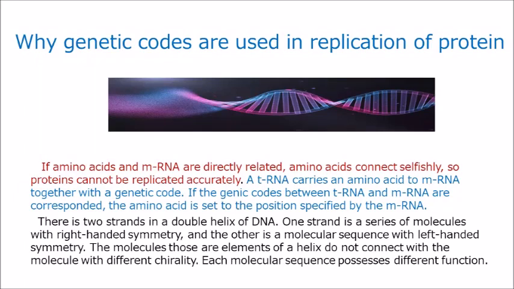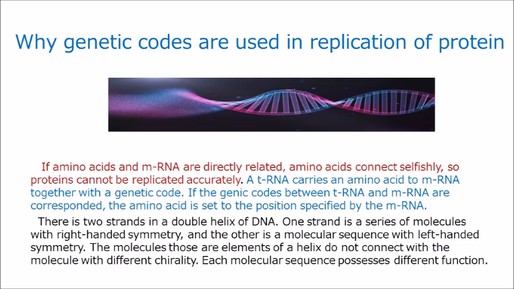Why genetic codes are used in replication of protein. If amino acids and mRNA were directly related, amino acids would connect selfishly, so proteins could not be replicated accurately. A tRNA carries an amino acid to mRNA together with a genetic code. If the genetic codes of tRNA and mRNA correspond, the amino acid is set to the position specified by